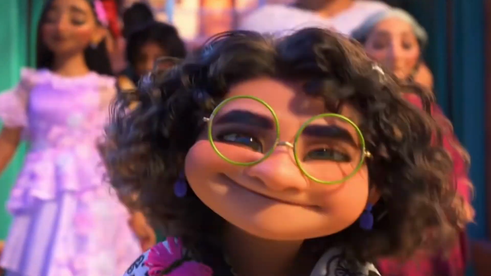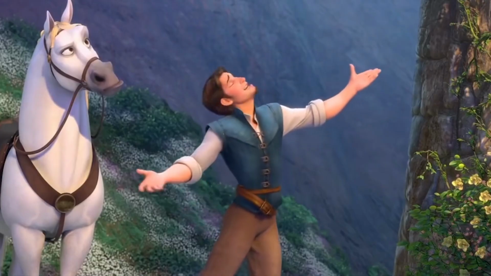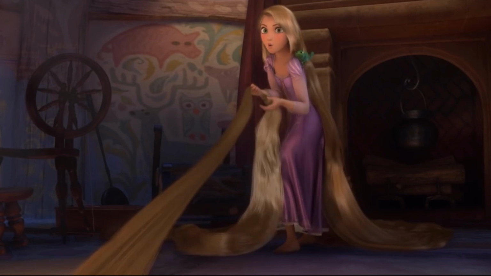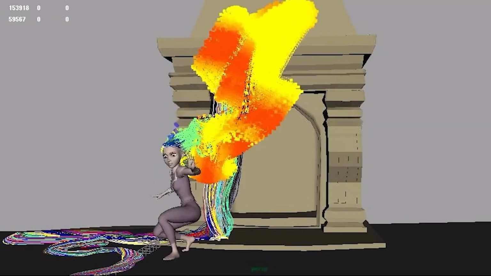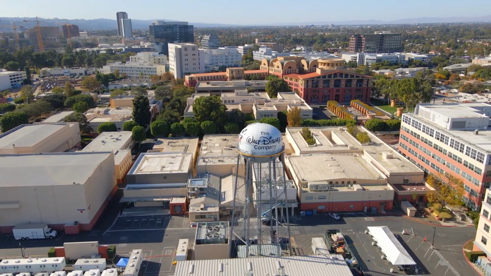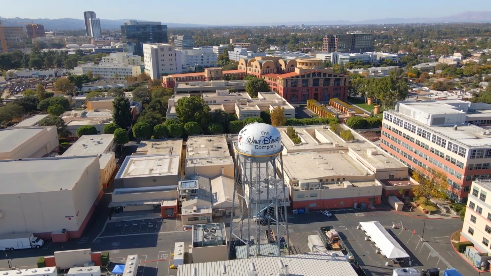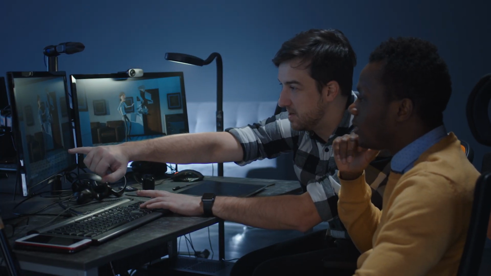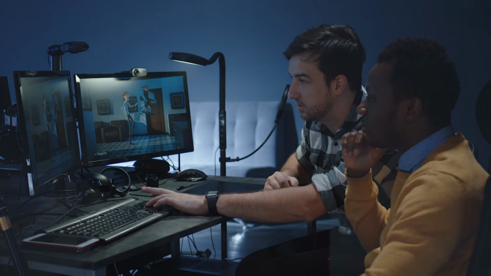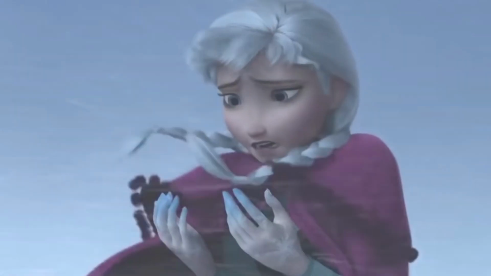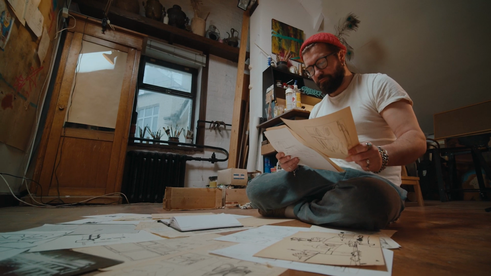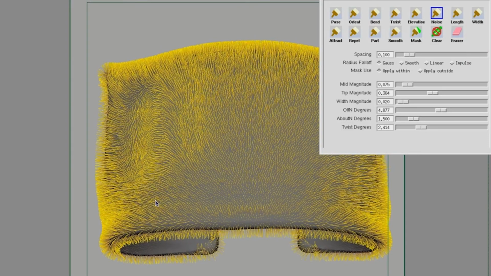Have you ever wondered how Disney creates their incredibly realistic hair in the movies over the last 10 years? This is going to be a deep dive into the digital realm of 3D hair animation and the design by Disney and other similar animation studios. I'm going to show you what it takes for studios such as Disney to create realistic 3D hair that obeys the basic laws of physics, how they overcome roadblocks regarding the hair, and the software that they use to